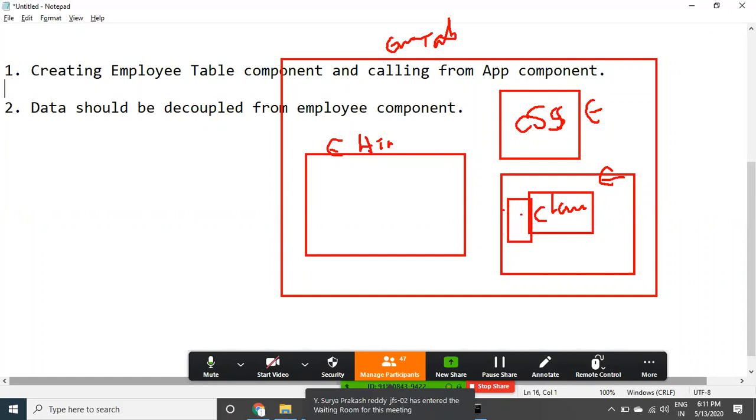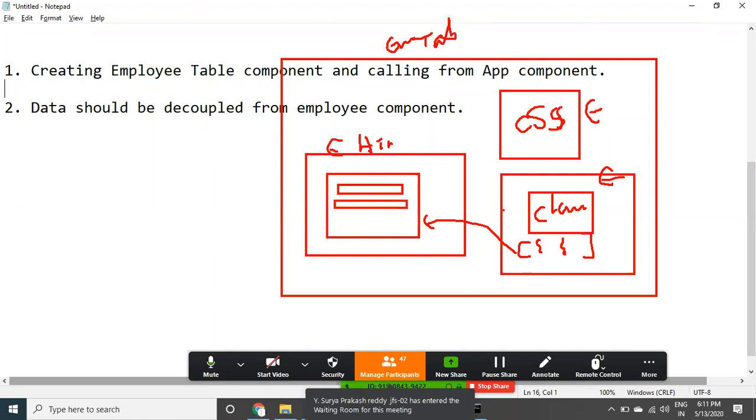We are going to create employee data as an array of JSONs within the employee component class, so that this data is displayed into the HTML. Whatever data is available there, only that data can be displayed. This component is going to display the data available in the employee component class.